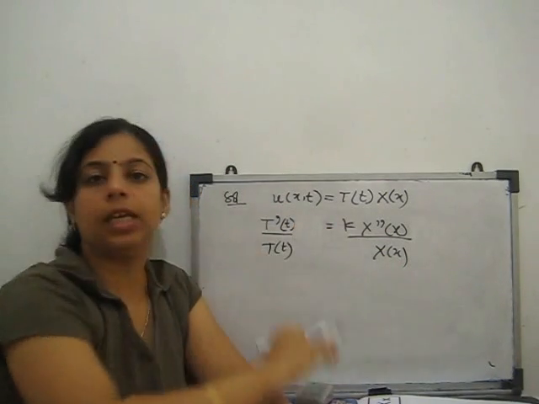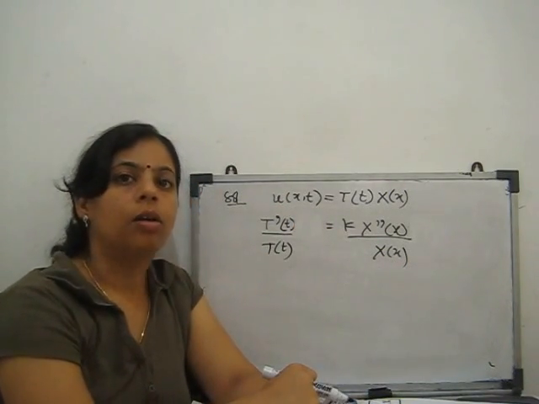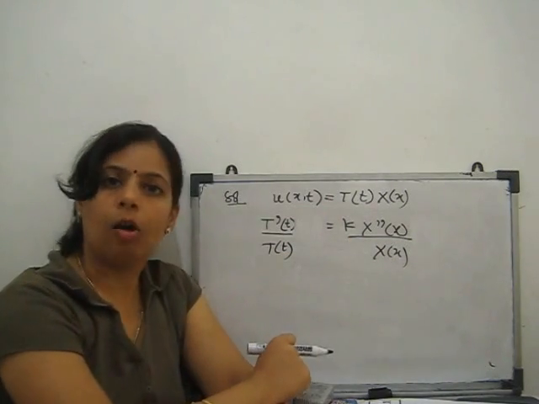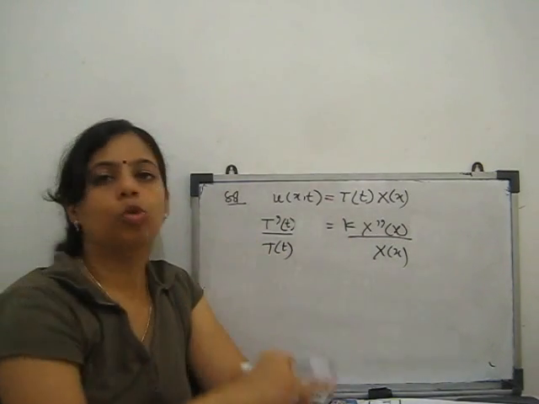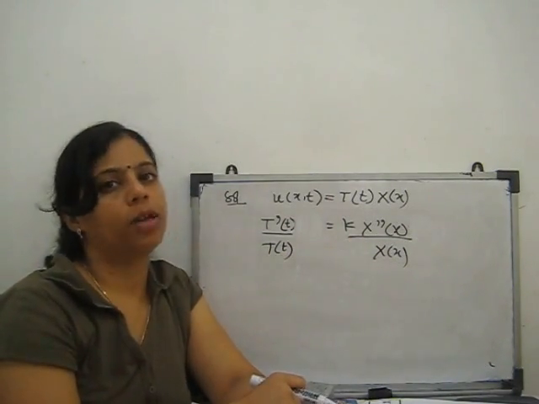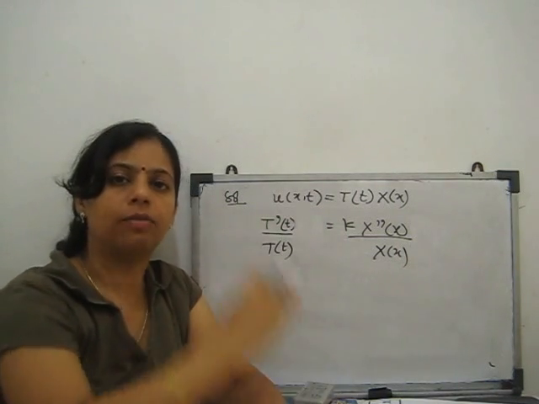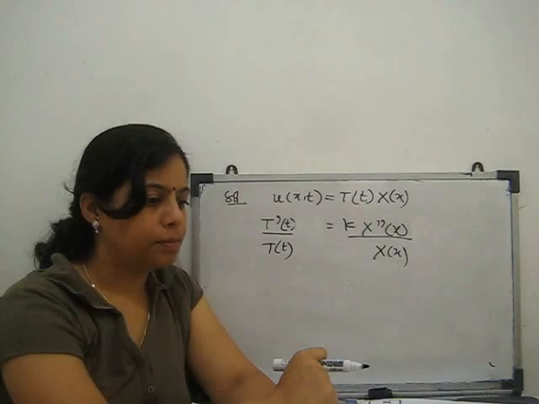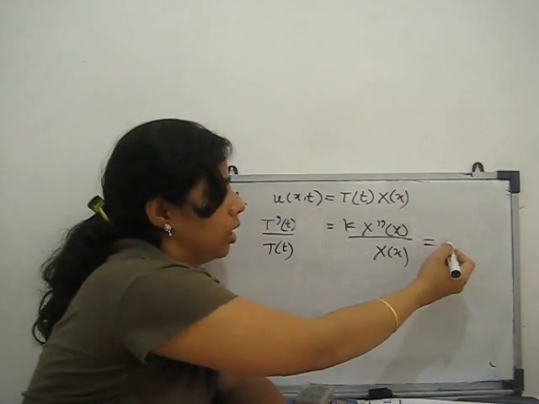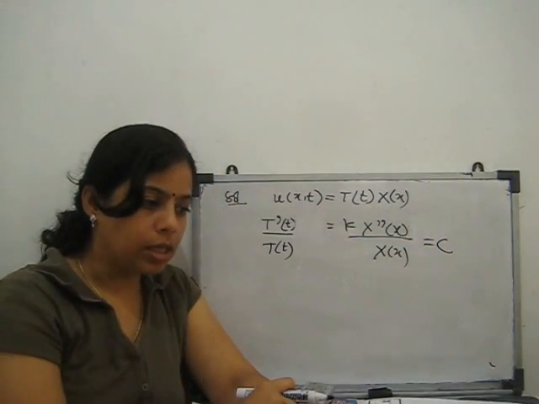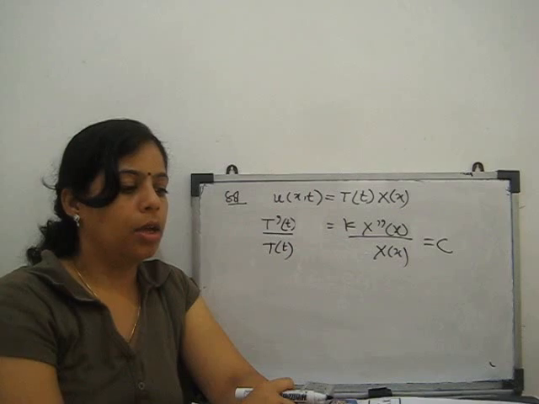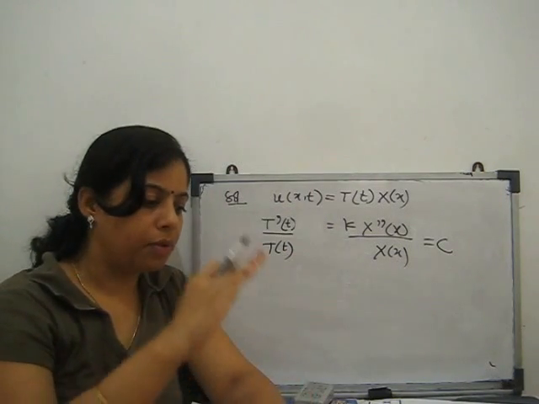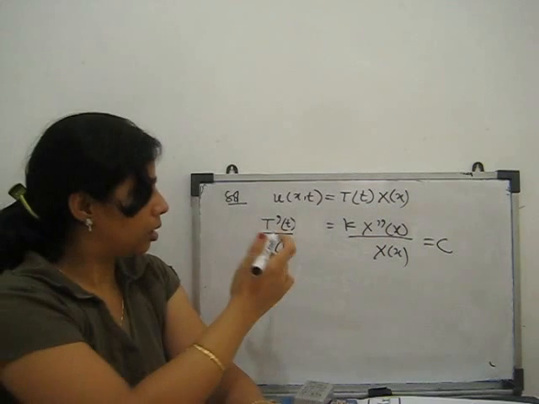We can easily separate the variables, with T on one side and x on the other. Now these two independent variable functions are equal only when their value is equal to one constant. Clearly, we can say that constant is c. This constant we now have to find with the help of the boundary conditions.